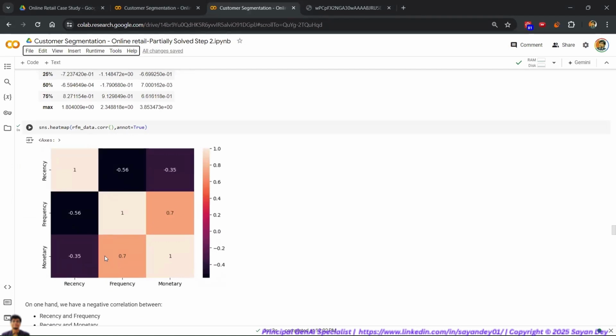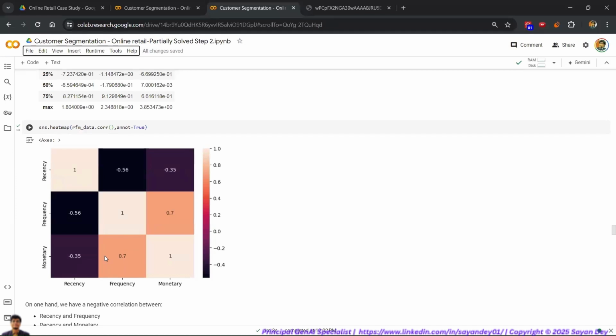We have done RFM, and we saw the data was highly skewed. So we did power transformation, and we did a round of clustering on that. All sorted, all clear. We are able to divide our customers into 2 groups. All good. Now, the problem is, if you look at this data right now, this data seems to be highly